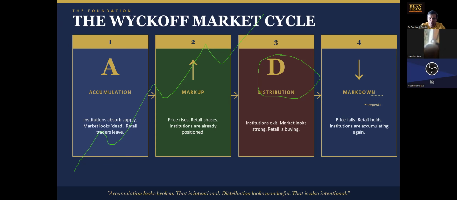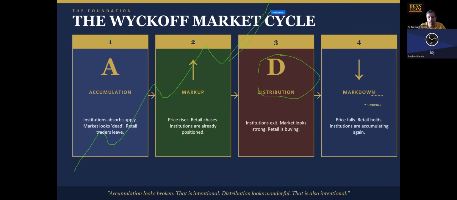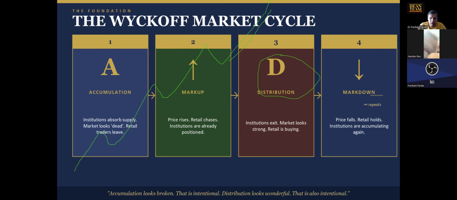But it does not happen every time. So when there is a markup phase, prices are in uptrend, and you come to know everything good about the stock. It may be a time when distribution is just starting, because when there is good news, there are a lot of buyers and big institutes have the advantage of selling into higher prices. These big institutes have a huge amount of money, so they will not be able to sell when the prices start going down, and when they start selling, the prices either halt or they start falling down.